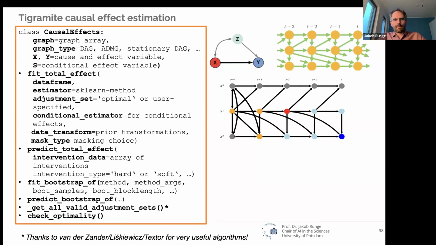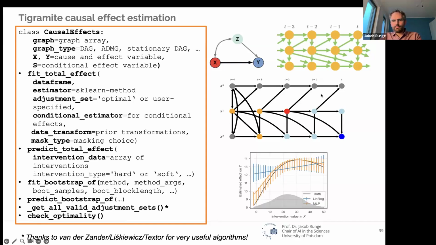And maybe that's all jargon now. This optimal adjustment is something I may get back to in the end. It tries to find the optimal adjustment set in terms of asymptotic variance from among all valid adjustment sets. And this theory is asymptotically correct for linear SEMs, and for others, there's just numerics. But I think the optimal adjustment set is really working often better, also in nonlinear cases.